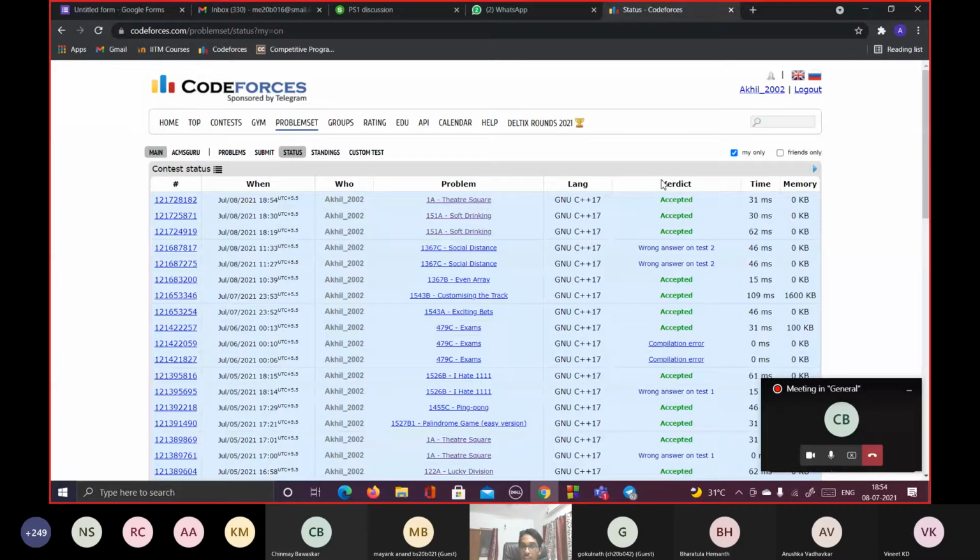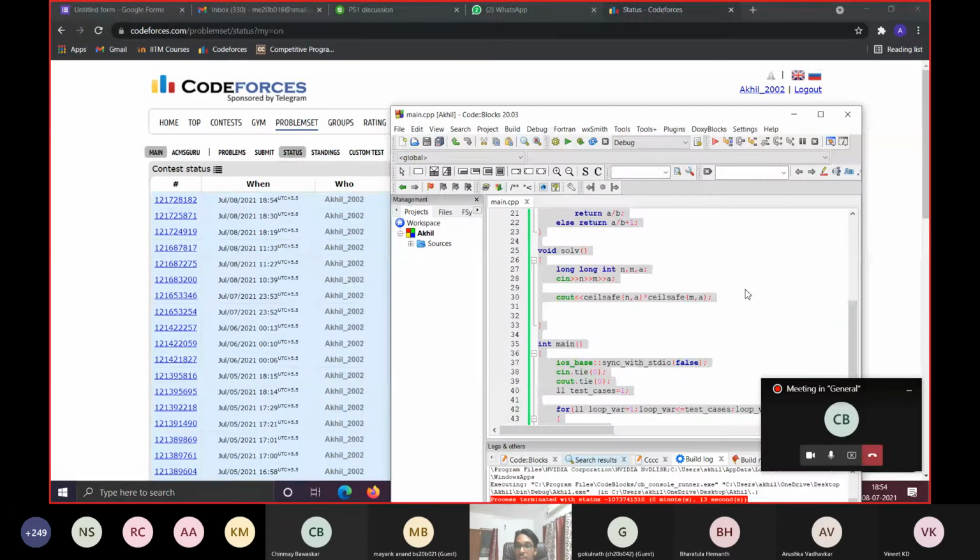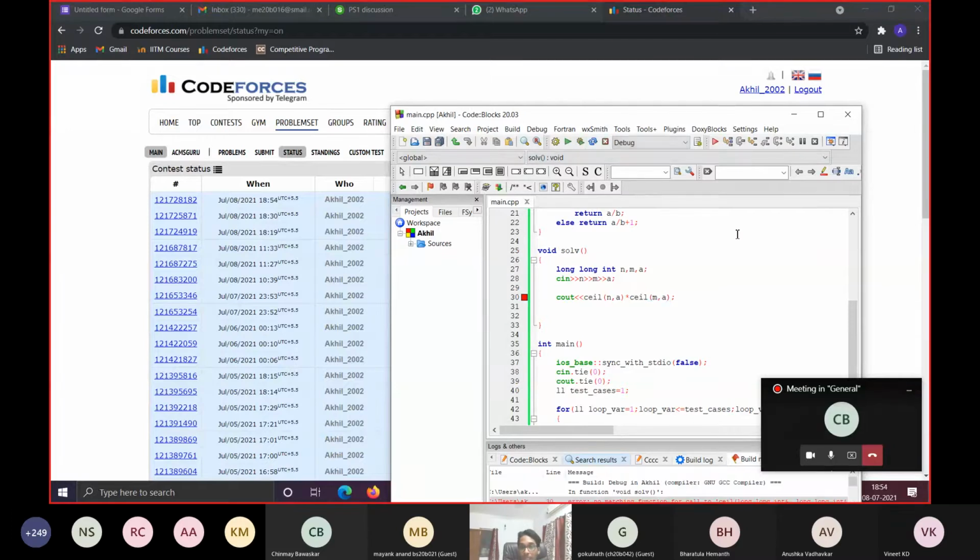Okay, so before I conclude this, I had told you that I declared another ceil-safe function. What happens if I actually use the usual ceil function? Let us run this code once. Sorry, the ceil function doesn't take long int as an input, but no problem. Let's say I just give this as an int. It won't accept the test cases, but let us just check what happens in the 6 by 4 test case at least.